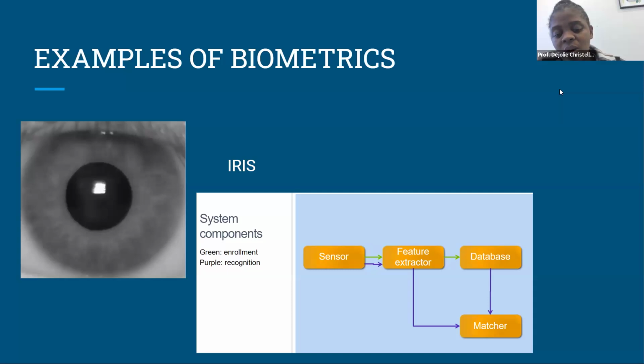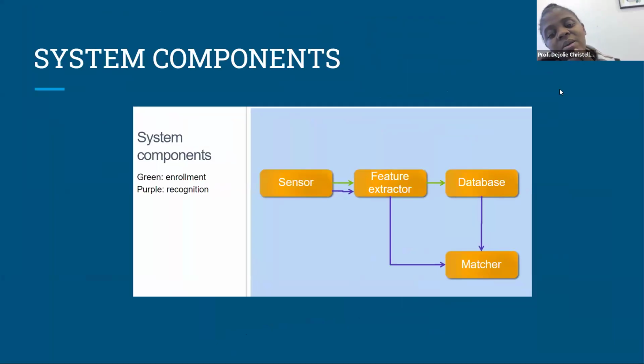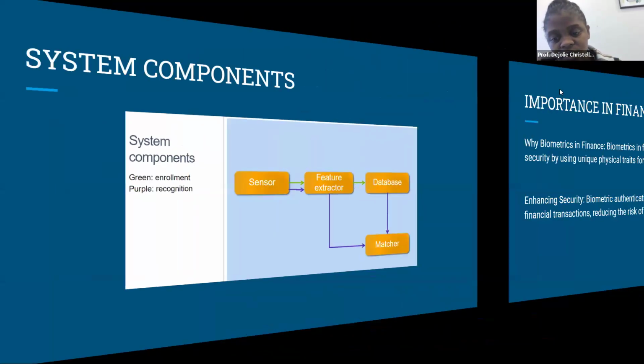So now, when it's time for recognition, right? The sensor will go to the feature extractor, and now if the database just says, okay, we know him already, you see, it goes to the matcher, it matches, good, all right, it's you. If it doesn't match what we have in the database or what was saved, when the query happened, it would just say, no, we don't have anything like that in our database. So system, yeah, this is actually what I was sharing.